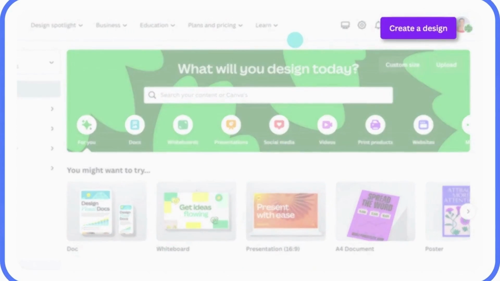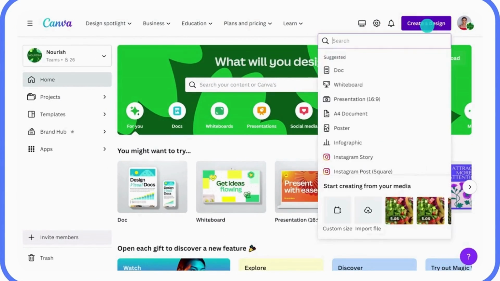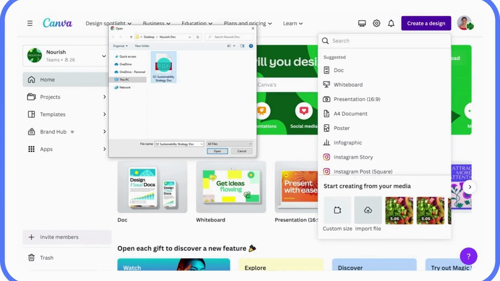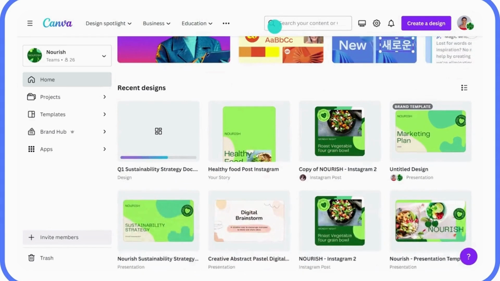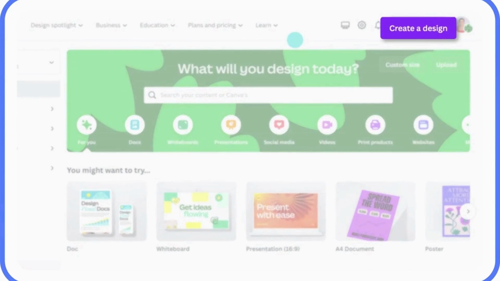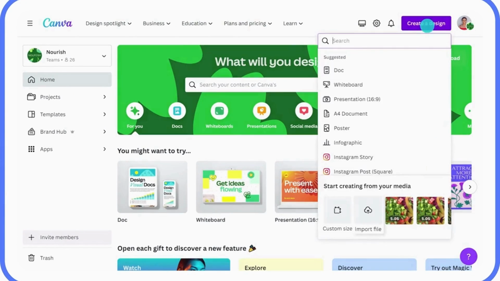In this video, I'm going to show you how to make product mockups in Canva using free built-in tools that are perfect for showcasing your brand or online shop products. By the end of this tutorial, you'll know how to select mockup types, apply your design, and export them for